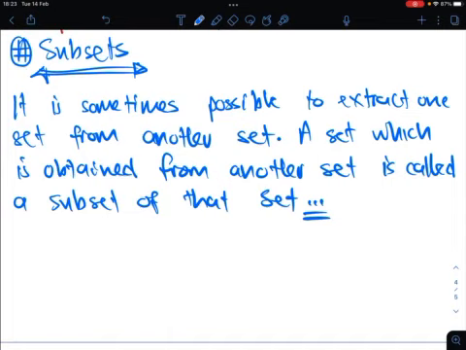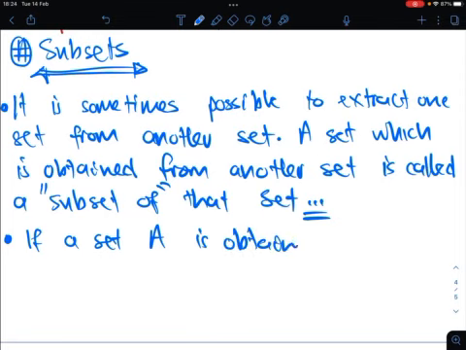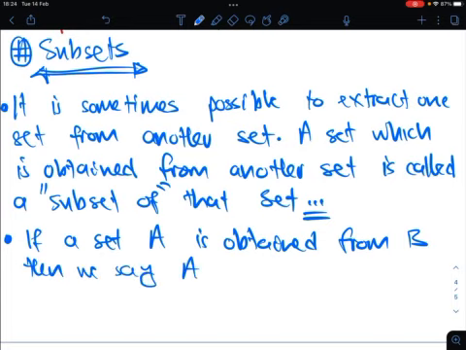We call that a subset of that set. So if a set A is obtained from B, then we say A is a subset of B,